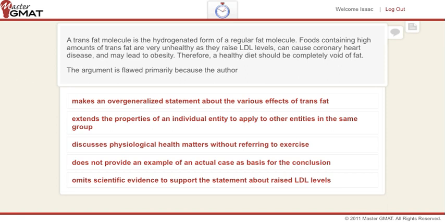Okay, welcome back. So what are we looking at over here? We're looking at a critical reasoning question. I hope you read it. Now, the first step we have in our critical reasoning workboard at MasterGMAT is obviously not to read all of this, but rather to look firstly at what kind of question you have to deal with, because looking at the question first will actually inform you about what your strategies are and what kind of traps are going to be put before you. So we know through "the argument is flawed primarily because the author," etc., that this is an